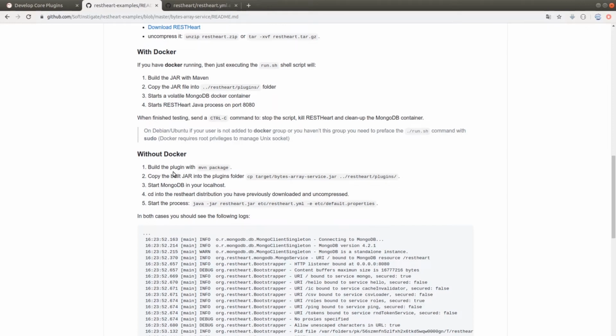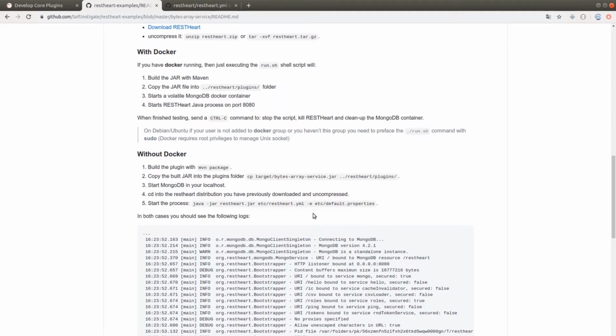We simply have to compile the plugin by using the mvn package command. This generates the jar file inside the target directory. This file must be pasted inside restart's plugins directory. Then we must start MongoDB on our machine, move inside restart again, and start the process with the same command we saw in another video, which is java -jar restart.jar etc/restart.yaml -e etc/default.properties.